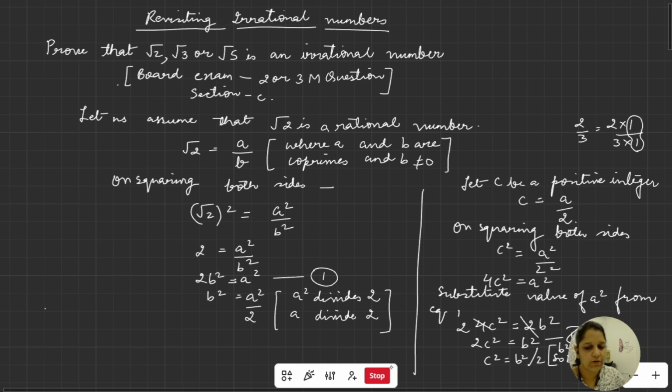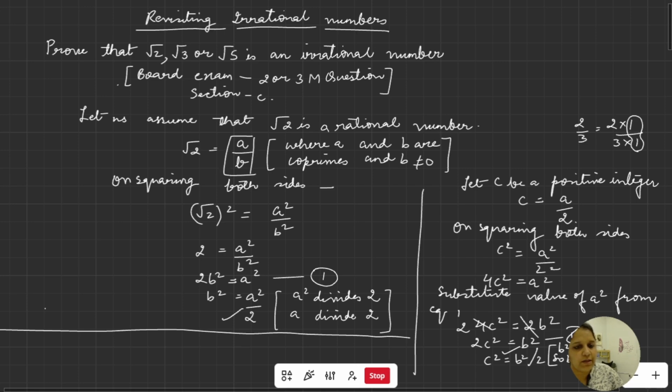Now what will be the concluding statement? अब यहाँ देखो कि a square is also divisible by 2 and b square is also divisible 2, right? A square is divisible by 2 and b square is also divisible by 2. But what we assumed, what we assume over here, that a and b, they are what? They are co-primes. So in the case of co-primes, the common factor should always be 1. So here you can write the concluding statement. This I am writing over here. Concluding statement